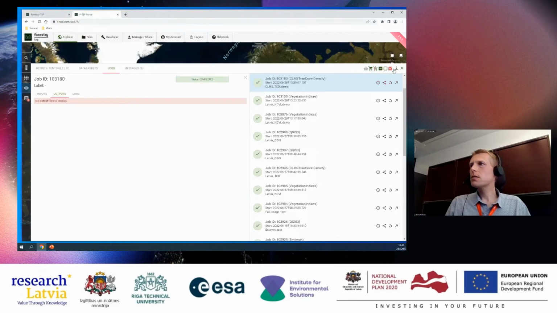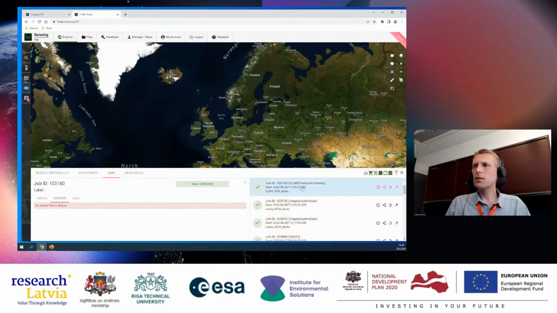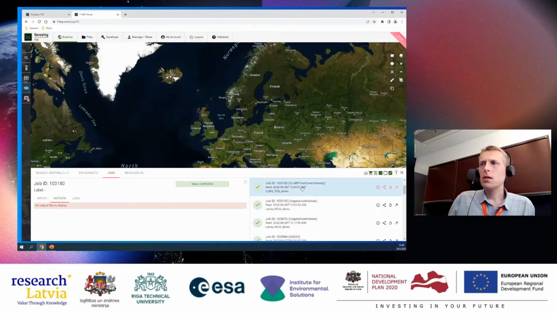Okay, my tree cover density job finished. How does it look for others? I think I was among the first to start it.